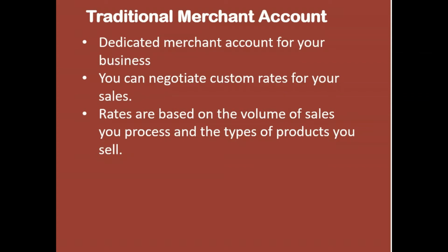So with this particular slide here, Gideon's right. With a traditional merchant account, if you have the right provider handling it for you, you're going to have a much higher level of customer service and experience. That's just what's built into that particular model. There's going to be a lot more communication, particularly if your provider is good. They're going to try to help you steer away from chargebacks, customer disputes, and risky or dangerous transactions. Depending on the size of your operation and the types of transactions you're running, there can be some room to